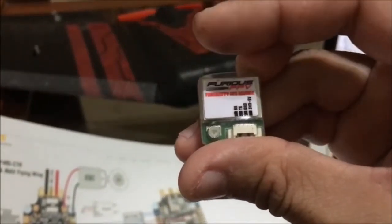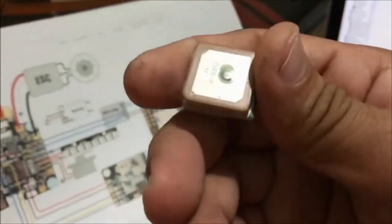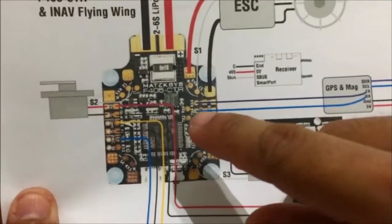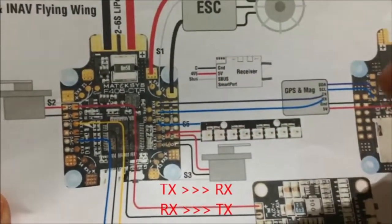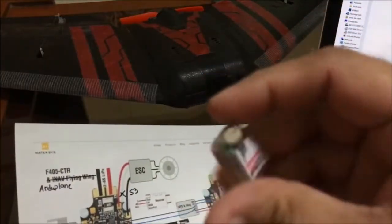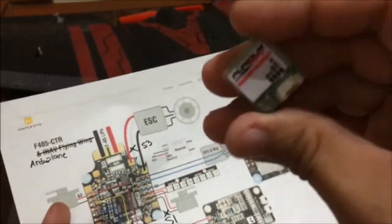For the GPS, this is a Furious FPV mini GPS module without compass. This is a Neo 6M type, if I'm not mistaken. In an iNav setup, you connect the GPS to serial port or UART 4, TX4 and RX4. TX goes to RX. If you notice here, TX goes to RX, and RX of the GPS goes to the TX. On an Ardupilot setup, you can still use this Furious FPV GPS, but you need to take note of the